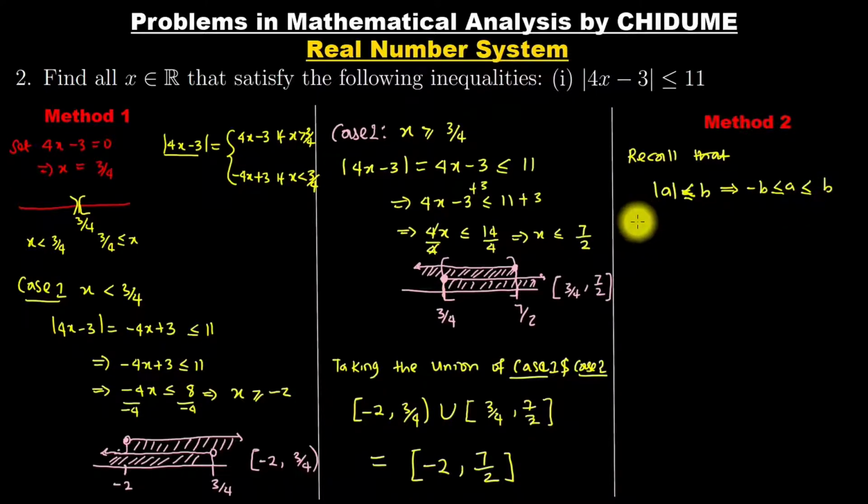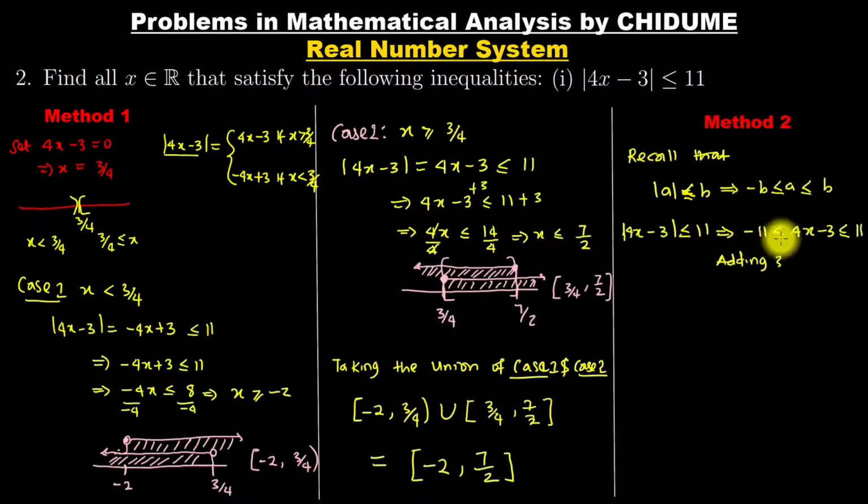Now in this case, we have the absolute value of 4x minus 3 to be less than or equal to 11. So this implies that negative 11 is less than or equal to 4x minus 3, which is also less than or equal to 11. Okay, so if I add 3 to both sides,